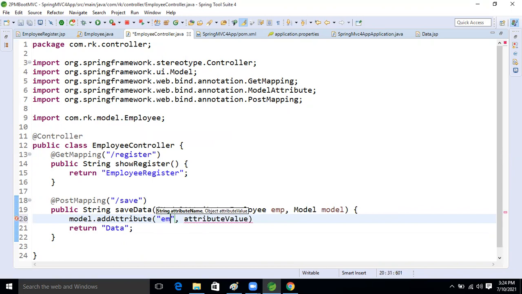Here I'm taking emp1, and this employee data we will pass here now, emp. Now this method is also ready.